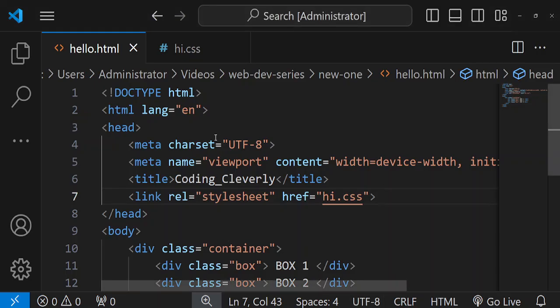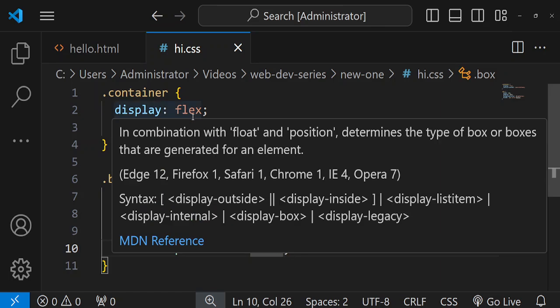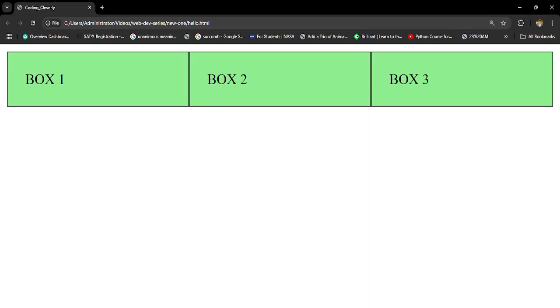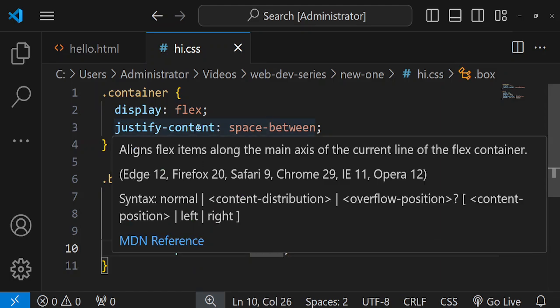So let me give you a basic understanding of the CSS code. So the container uses display flex. What is this? To arrange the box elements horizontally. First you saw it was vertical, but this flex is going to help us display all of these boxes in a horizontal way. So justify content, space between, ensures there is space between each